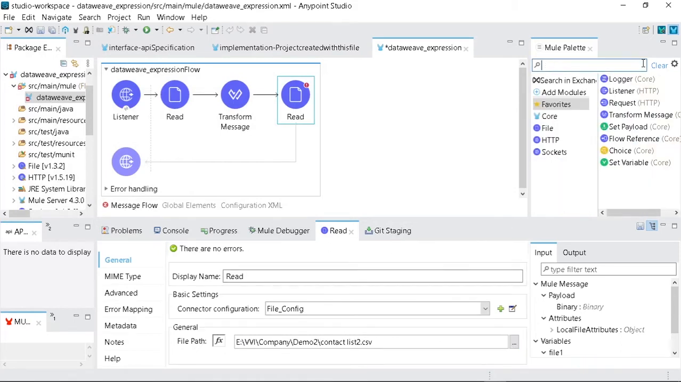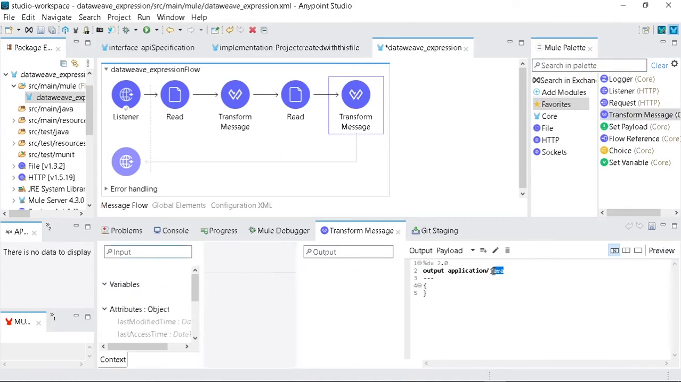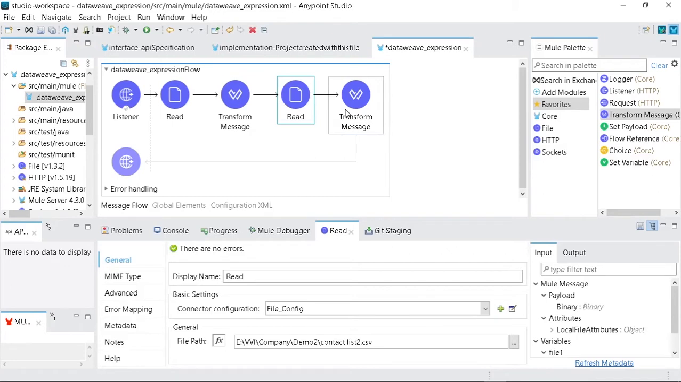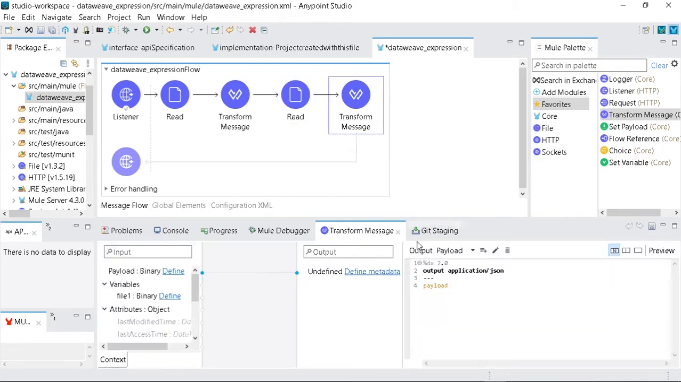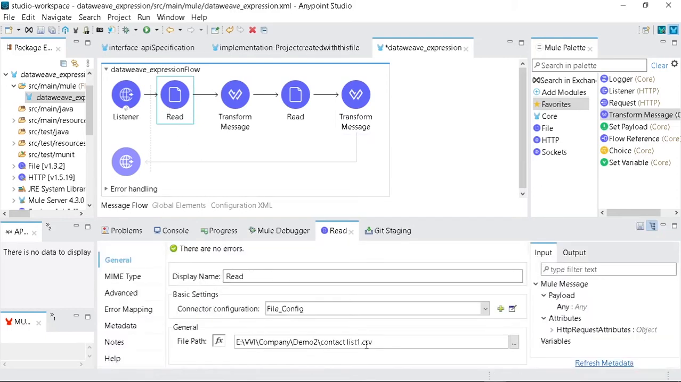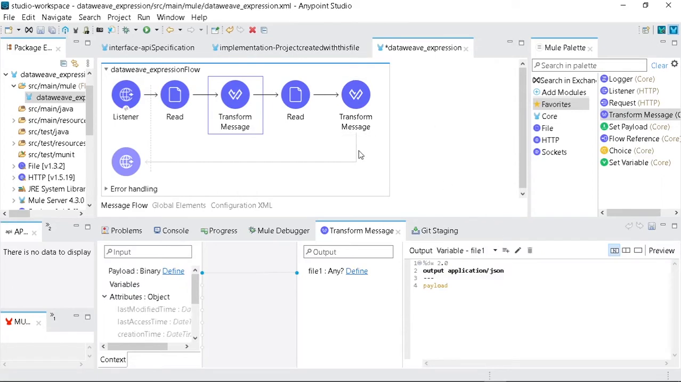So let's take a transform message component and change it to JSON, here payload. So what will happen is this contact list 2.csv file will come inside this payload, and the contact list 1.csv file will come inside the file1 variable. Okay, now what I want,